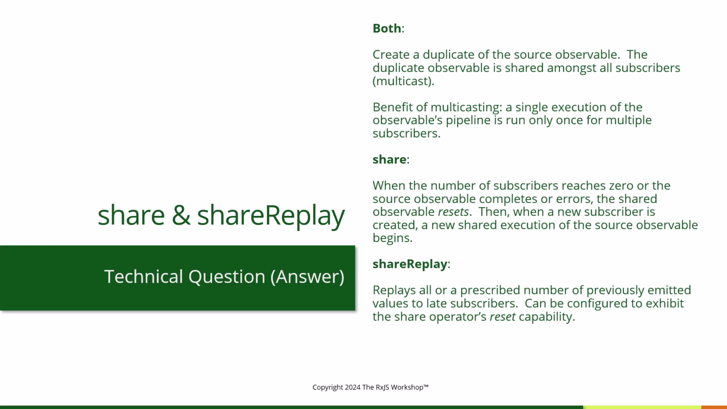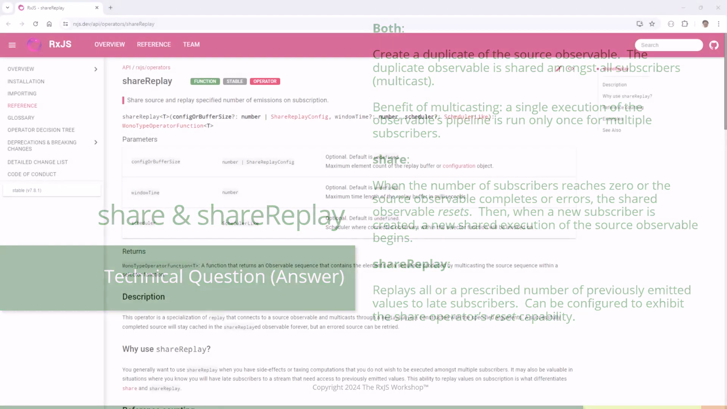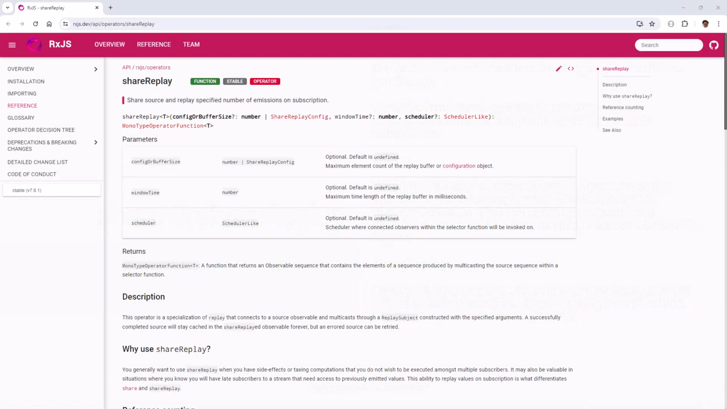The share replay operator buffers or caches all or a prescribed number of previously emitted values, and for late subscribers it replays those previously emitted values. Along with its replaying capability, the share replay operator can also be configured to exhibit some of the share operator's reset capabilities. To demonstrate what the share and share replay operators do, I'm going to use a coding example that's